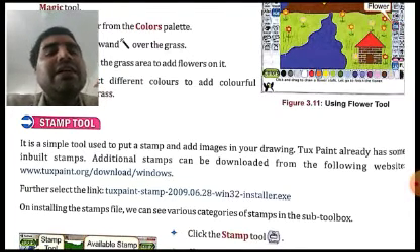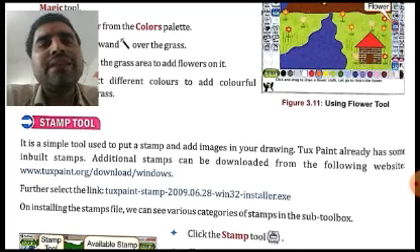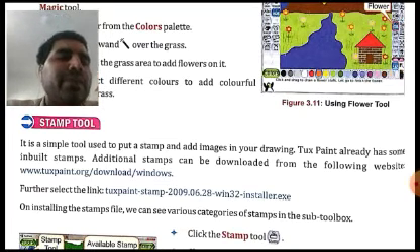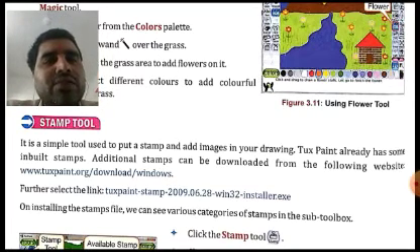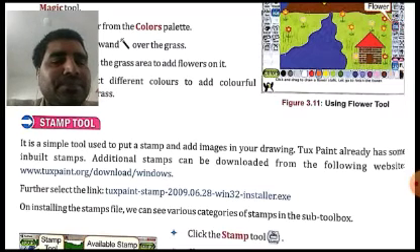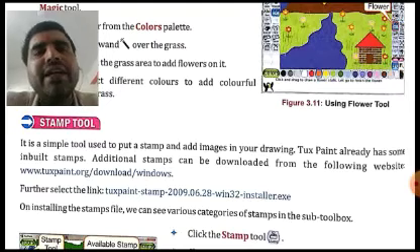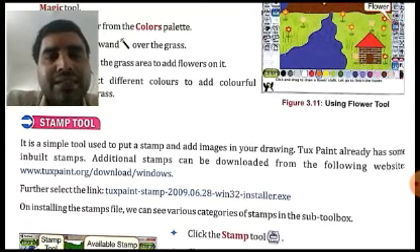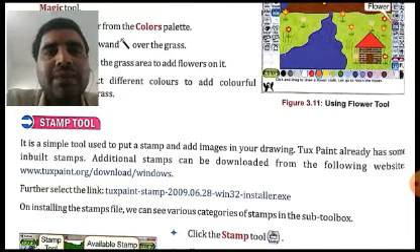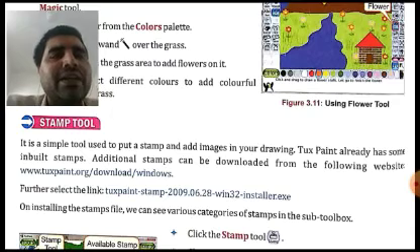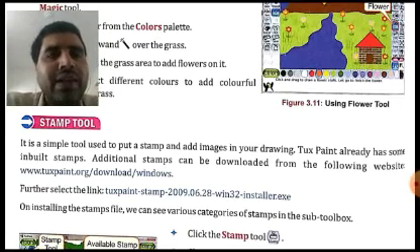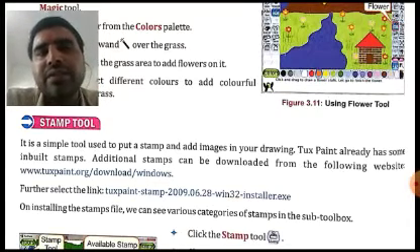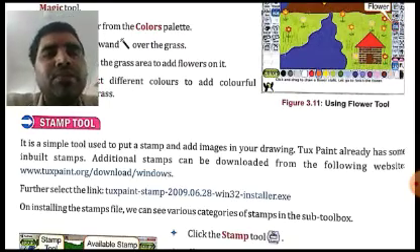Similarly, stamps are always used for verifying something, for verifying some authority. So we put a stamp for verification purposes, for establishing the authenticity of the creator. If the creator wants to put his stamp, he can put it. The stamp will tell that this particular picture was created by a particular person and not by somebody else. That is why stamp tools are used.